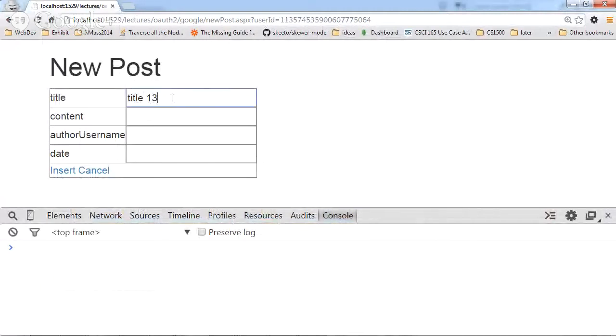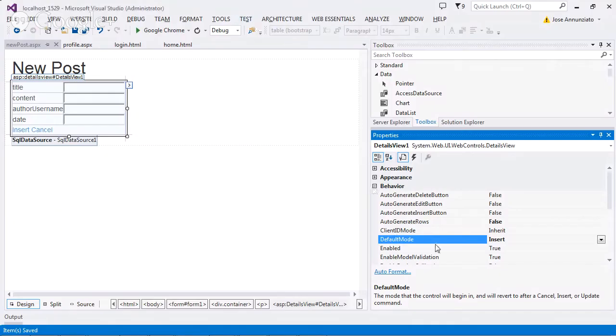So title 1, 2, 3, content 1, 2, 3. Oh, the author name should be this over here, right? That should be the author name, right? Correct? So if we go back to here,